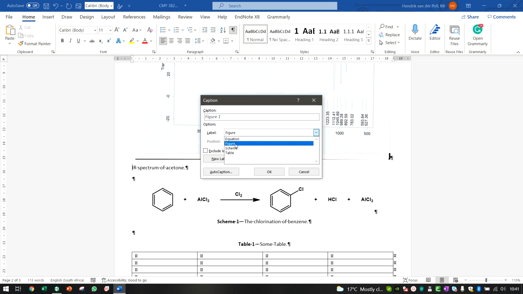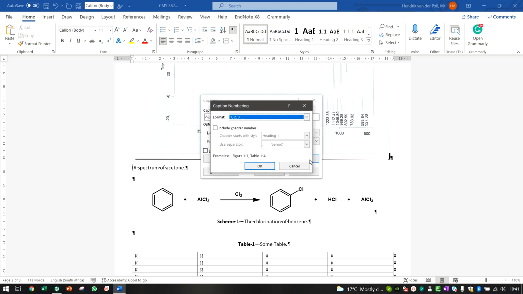We'll get to equation in a subsequent video. So here we'll focus on figure, scheme, and table. So this is a figure, and you make sure that this box is unticked, otherwise it's just going to give you a 1. You want to exclude label from captions. In other words, you have figure 1. Also, you can make sure that it says figure 1 by going to the numbering and making sure this box